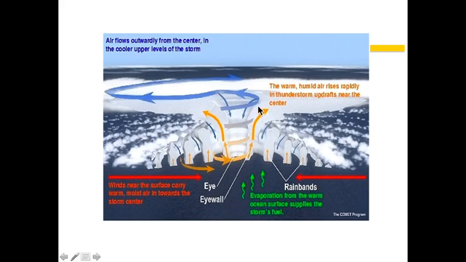There is an eye wall, and there's something also known as eye wall replacement. That is a very tricky thing. Eye wall replacement is where some part of this wall is going to degenerate, and then it is going to start forming again. That is what is known as eye wall